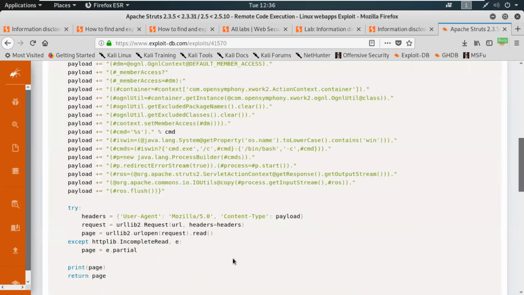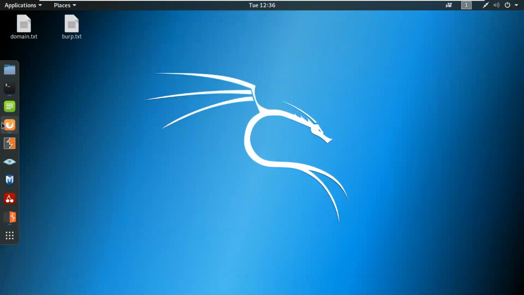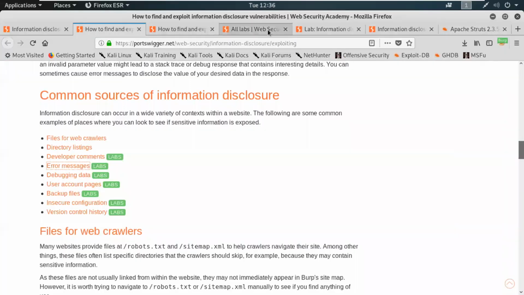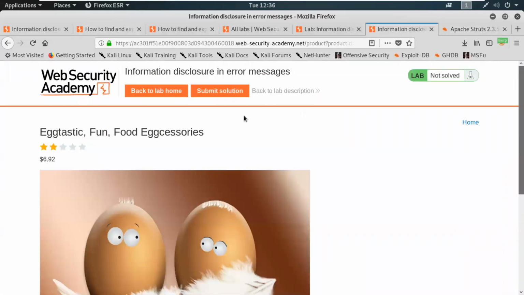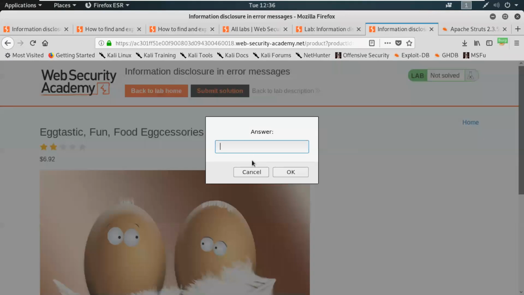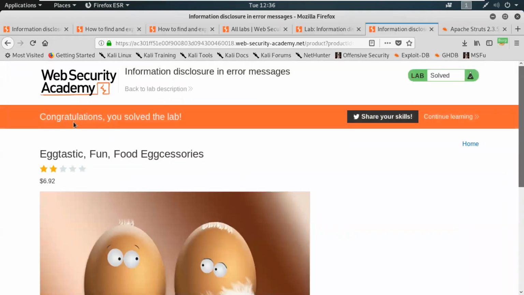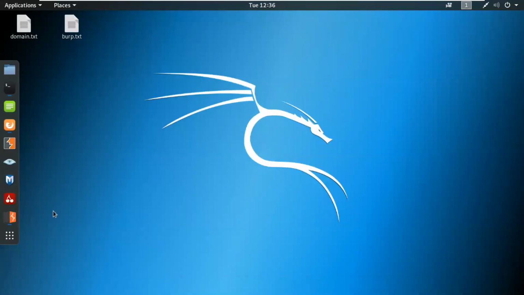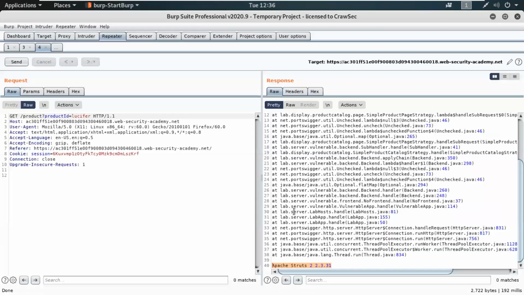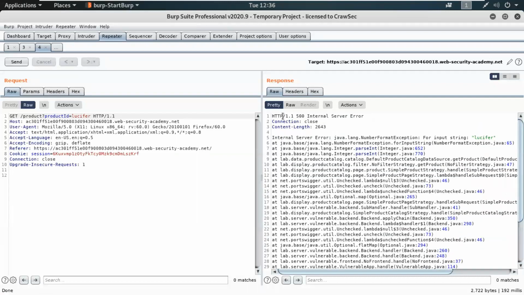Most of the real-time banner grabbing part will come in the web server part, where we have to get information. And see this one. Where is it? Yes. Submit the solution. It was the version number that you have. Sometimes some sensitive information will occur in the form of an error from the internal server side.